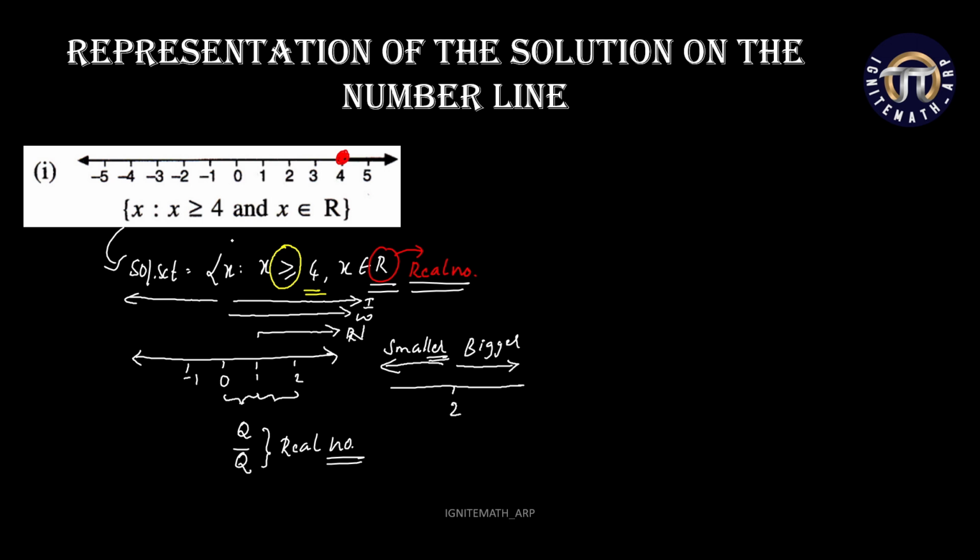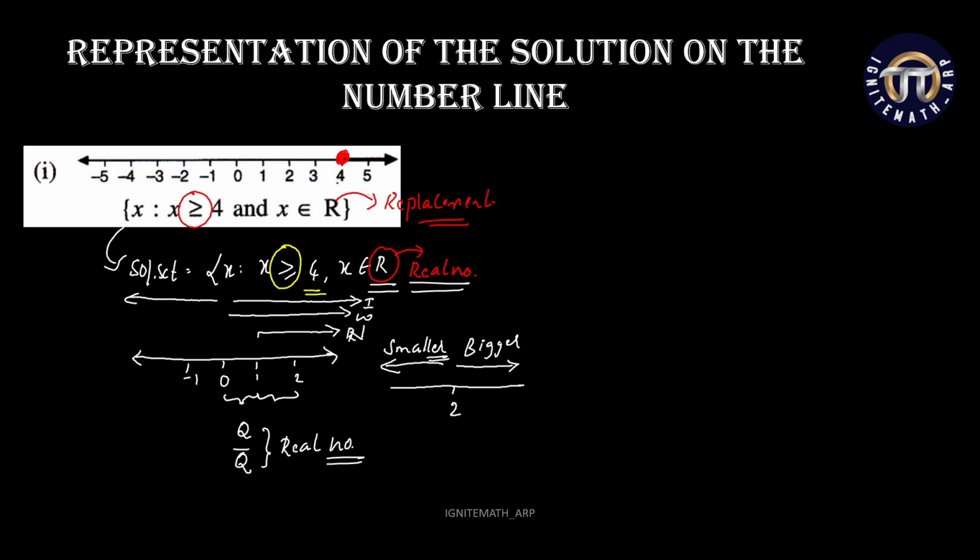So since x is greater than or equal to 4, I need to concentrate on the right side of 4. If the replacement set is the set of real numbers, which is our replacement set here,